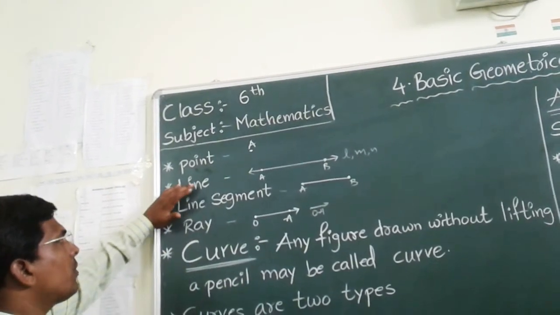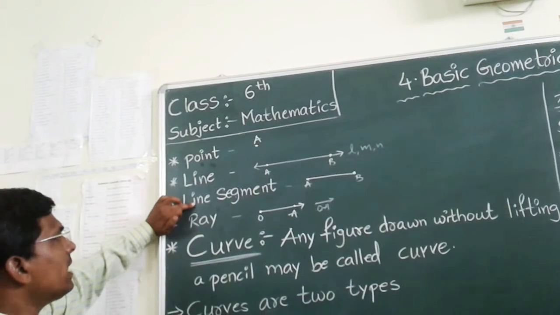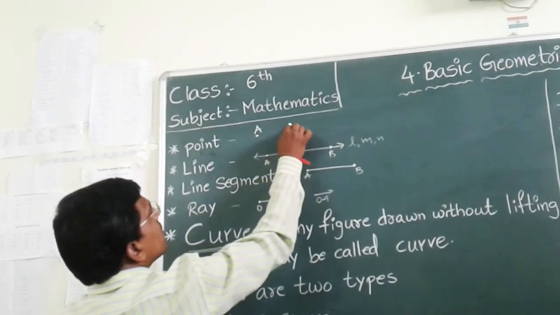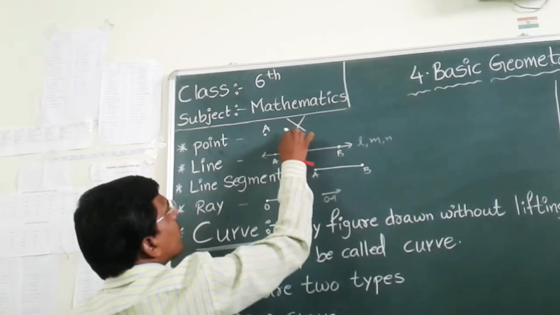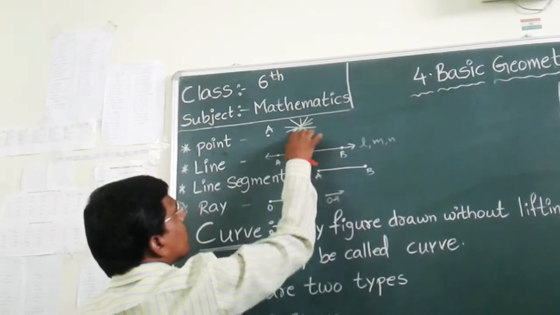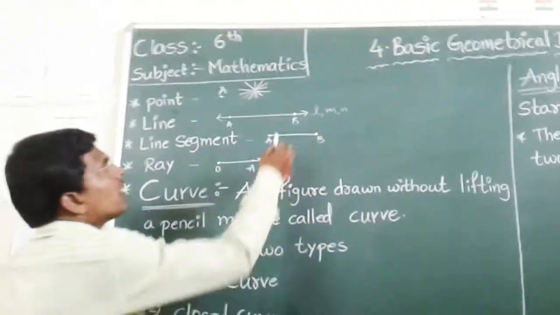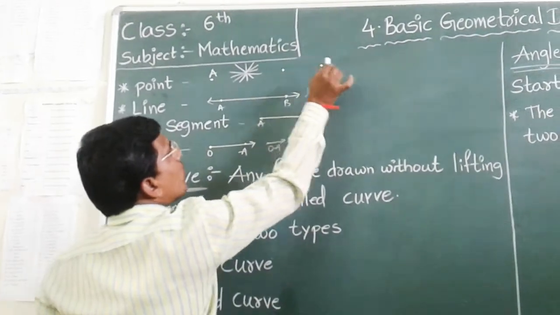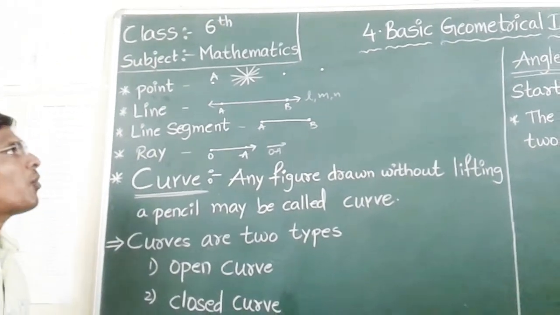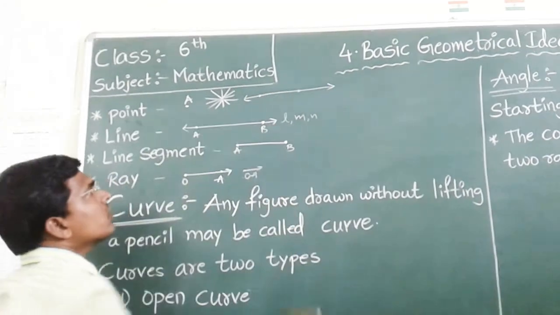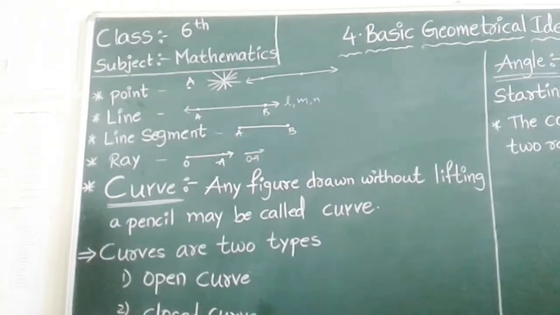On a line we can notice the points, the line segments and the rays. From only one point we can draw an infinite number of lines. If we have two distinct points, located at two distinct places, we can draw only one line. So you have to remember these two statements.